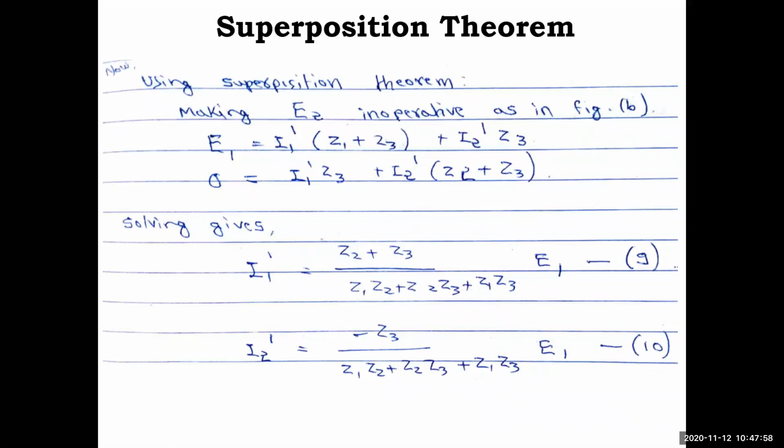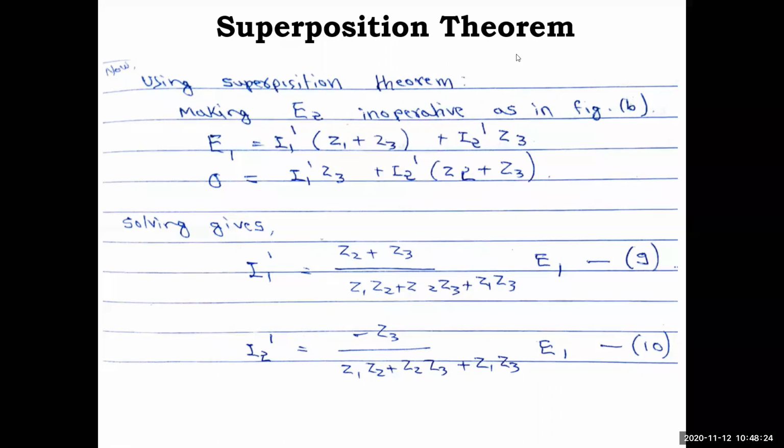So this is a proof. Just substitute there E2 equal to 0, and whatever you get, you note it as I1 dash. This is not the complete I1 dash, only one part is there here, with E1 operative. So that's why only E1 is there, the E2 part is not there. Only that you have to write from equations 6 and 8, and these are the two new equations, 6 and 10.